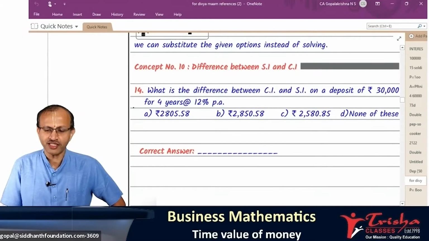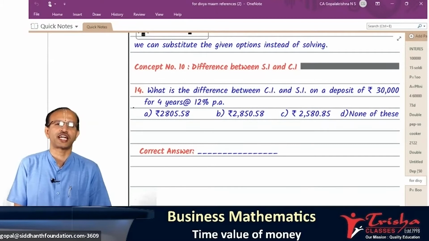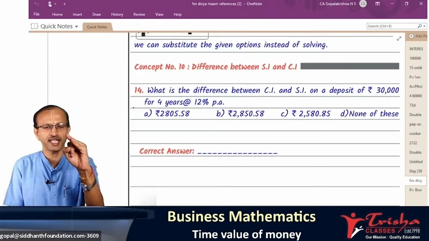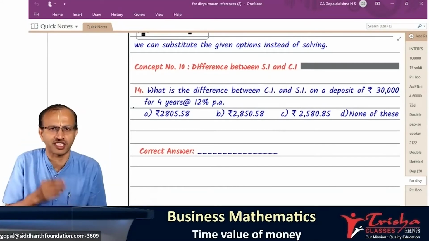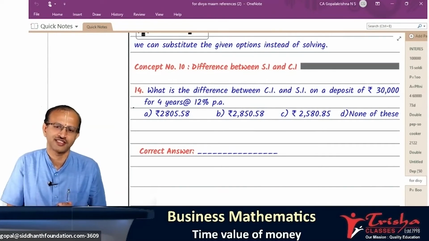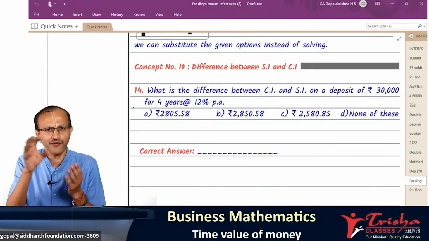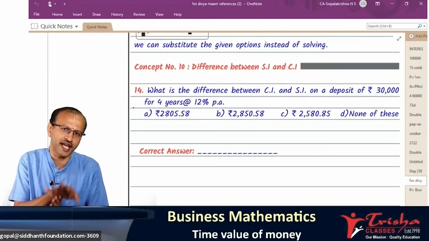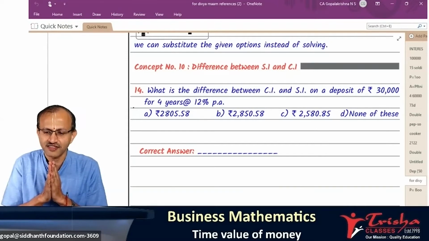Shall we go for the next one with this? So what did we learn so far? Can any of you tell in your chat box what did we learn? We learned formula for A. We learned formula for CI. Whether you get A first or CI first, please do answer. A first or CI first? A. From A we derived CI, which is A minus P. We can simplify. We worked out 2 problems on this. One was on A, one was on P. Any confusion so far? Please answer.